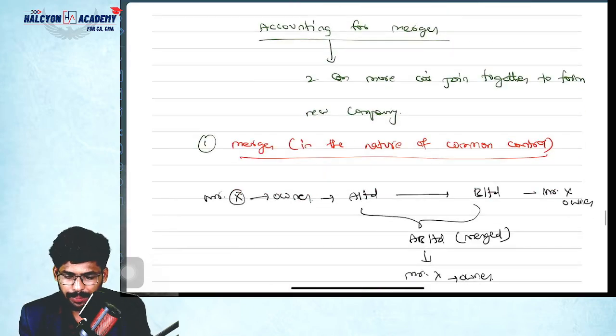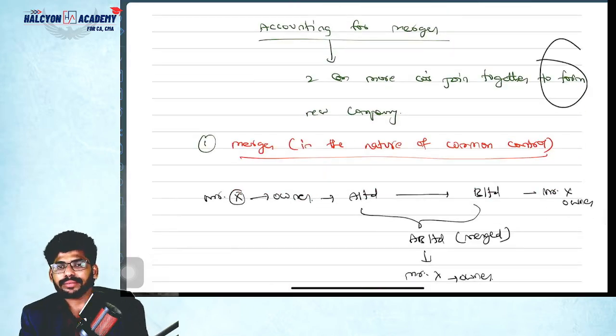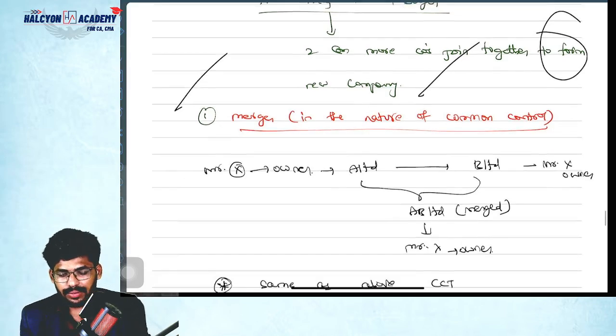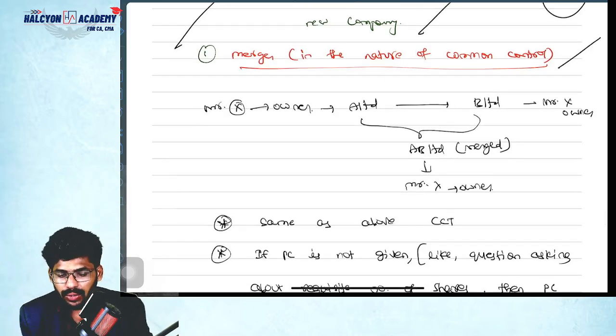Next, in case of accounting for merger, basically merger means two or more companies join together to form a new company. Correct or not? Yes. A limited plus B limited join to form a new company, AB limited. Okay. So in that case, if it is in the nature of common control, for example,